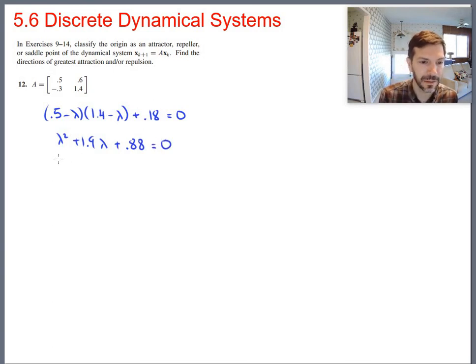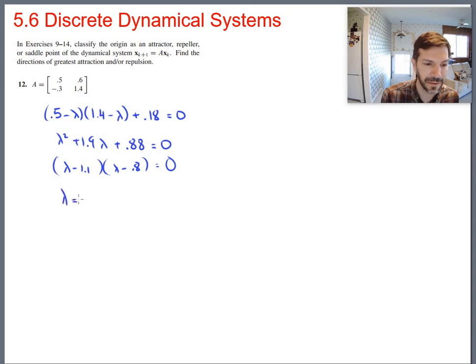And again, you either factor this if you can see how it factors, or you use the quadratic formula. It turns out this factors into lambda minus 1.1 and lambda minus 0.8. So we get eigenvalues of 1.1 and